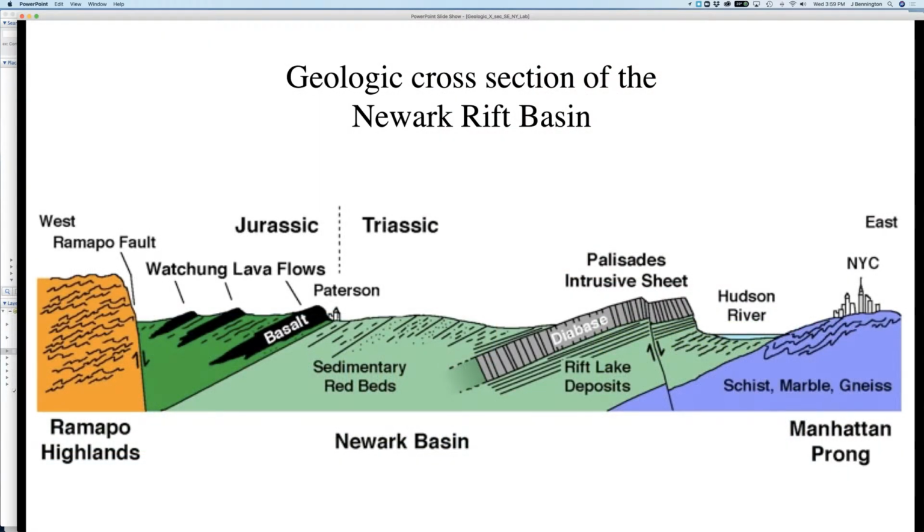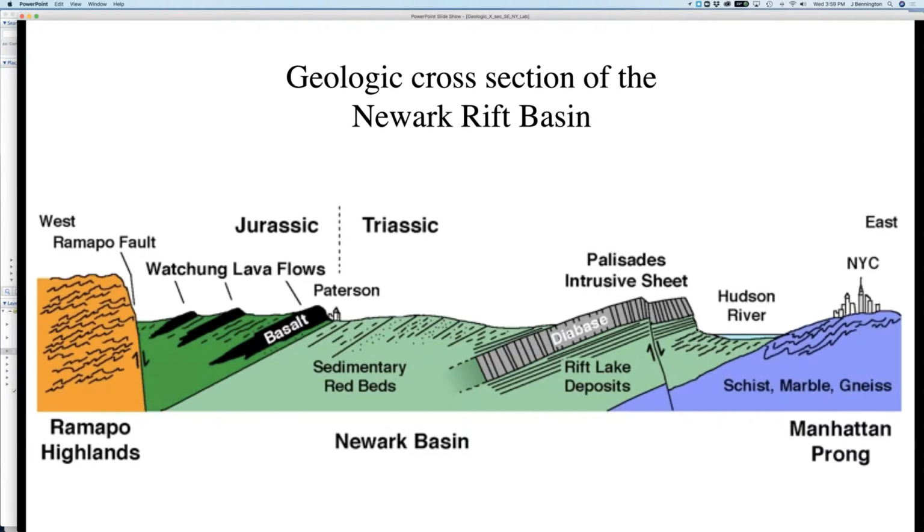And before we move on, it's worth taking a look at a cross-section across the Newark Valley, what's called the Newark Rift Basin. So there's New York City and the Hudson River to the right. You cross over the George Washington Bridge and you see the cliff face formed by the Palisades diabase, which is this sheet of igneous rock that comes up to the surface, and it parallels the underlying and overlying sedimentary rock. So the whole region has been tilted to the west,